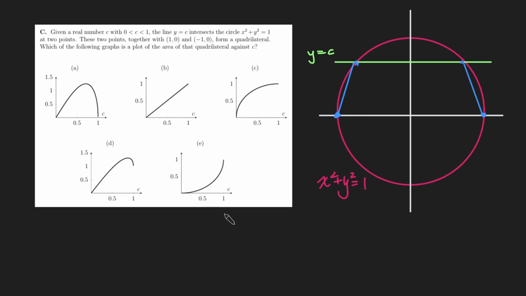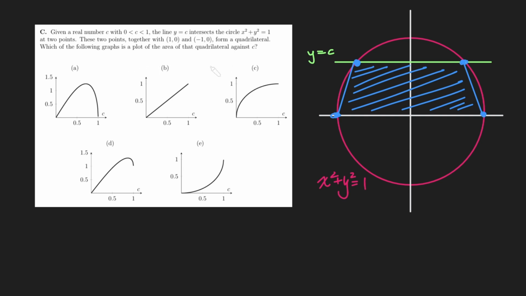I've got a problem from the Oxford University Maths Admissions Test. We are given a real number c between 0 and 1, and we're told that the line y equals c, this horizontal line here, intersects the circle x squared plus y squared equals 1 at two distinct points, here and here. And these two points, together with the points (1, 0) and (-1, 0), form a quadrilateral, in this case this trapezium here. We want to know which of the following graphs is a plot of the area of